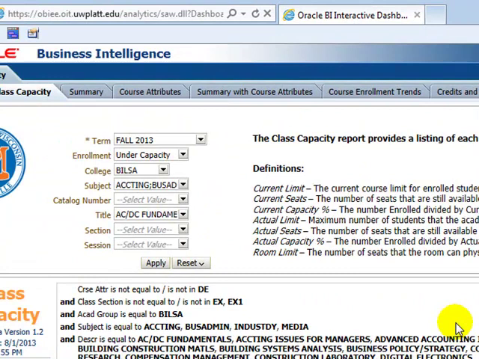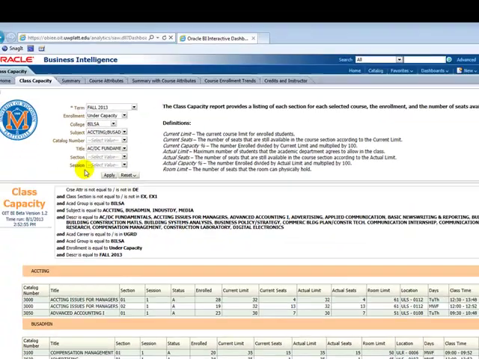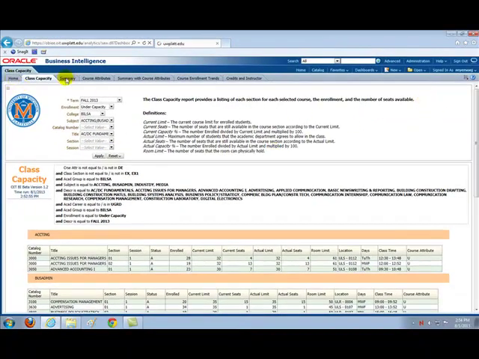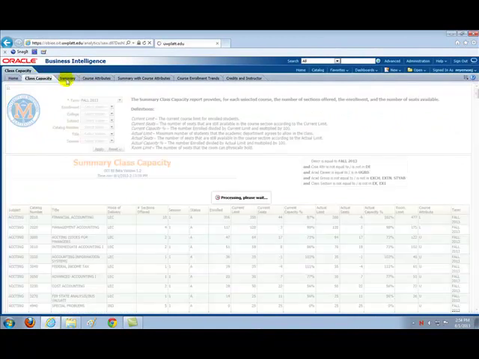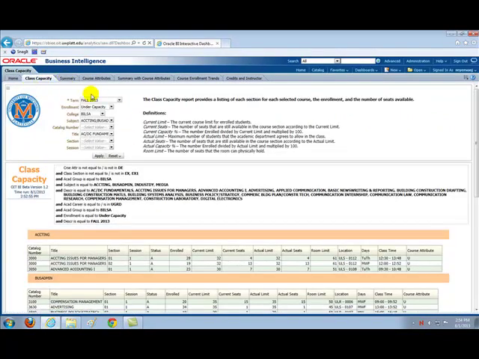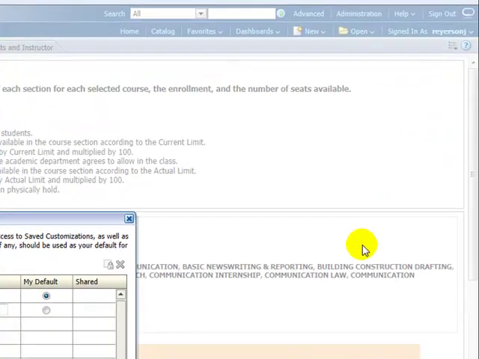It's going to pull new data from the time that you ran the report, but you're not going to have to go through and select all the same prompts. Another thing I can do, if I come back in here, okay, it's still going to stick with those options, but I can go through. If I did select to make this my default,